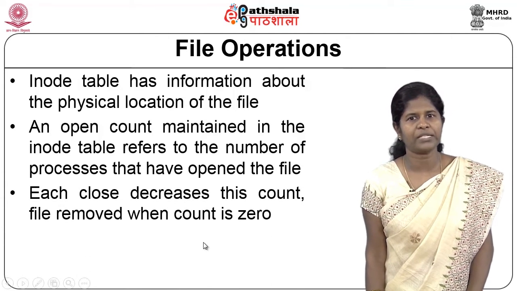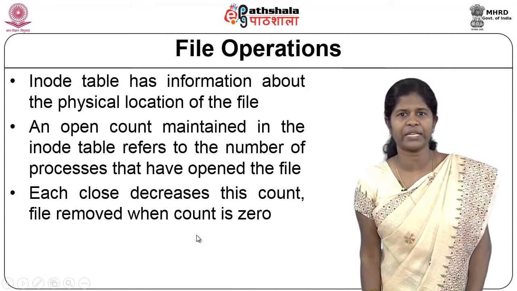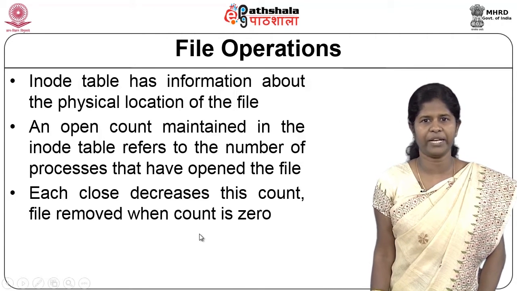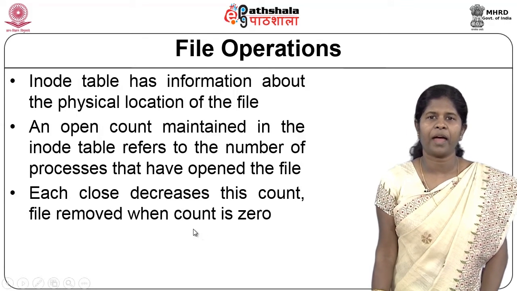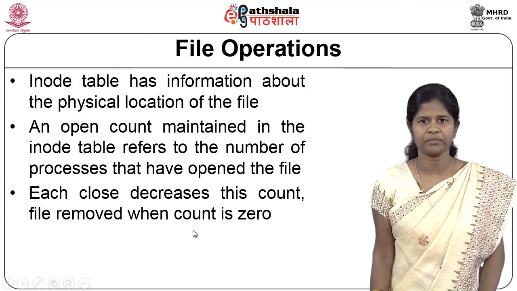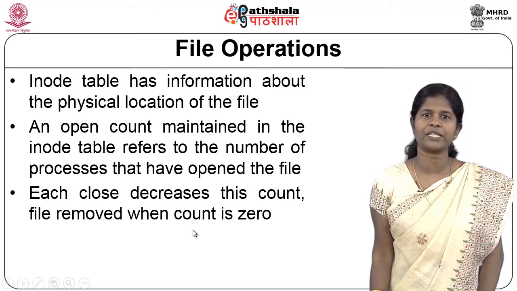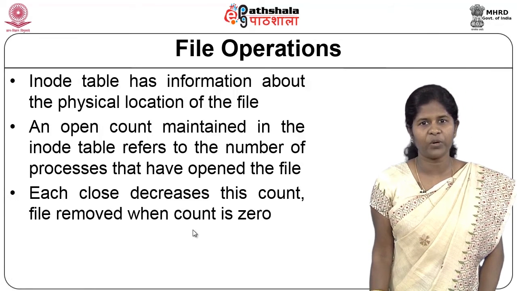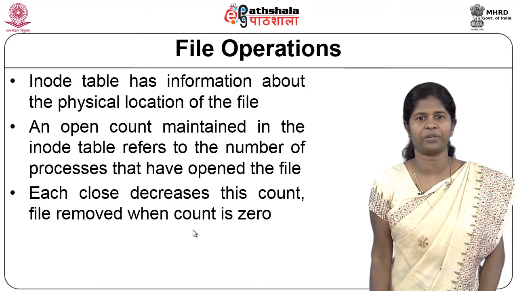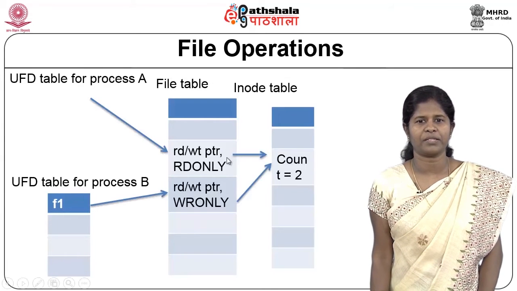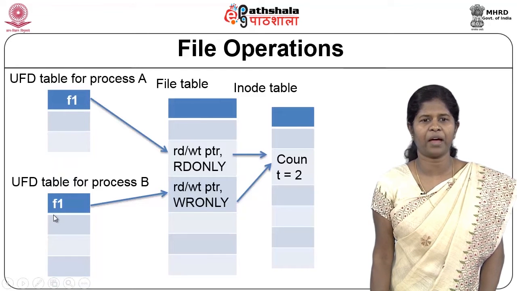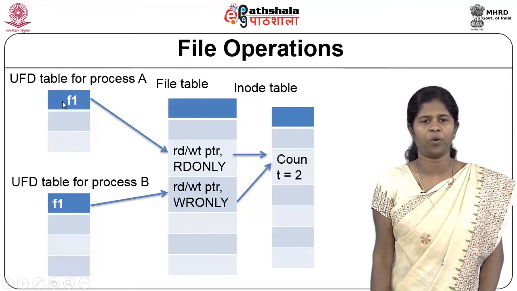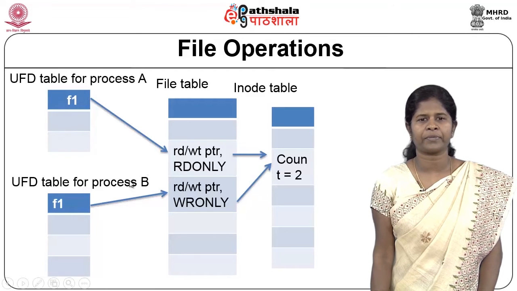And when, say, process A is closing that file, the count in the inode table will be decremented, and it will come to 1. And when process B also closes that particular file, the count again will be decremented and the count will come down to 0. See, here you can see that process A and process B have opened file F1, and